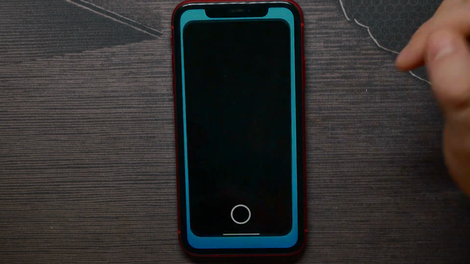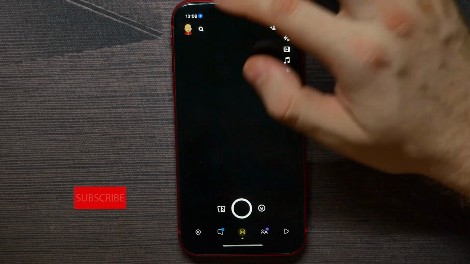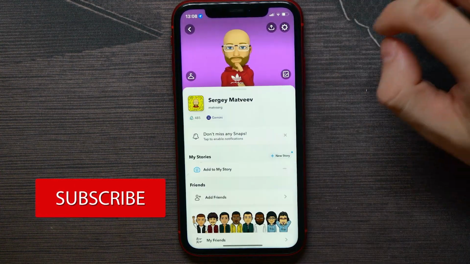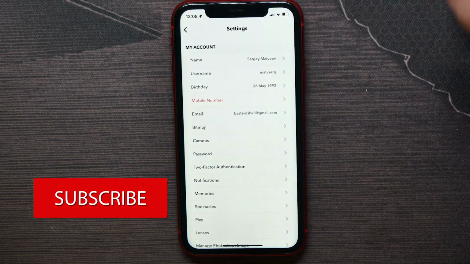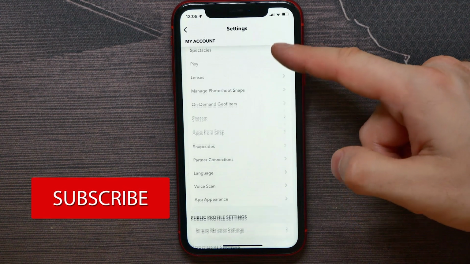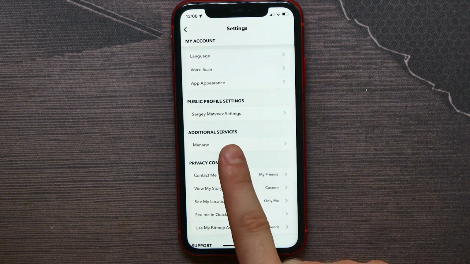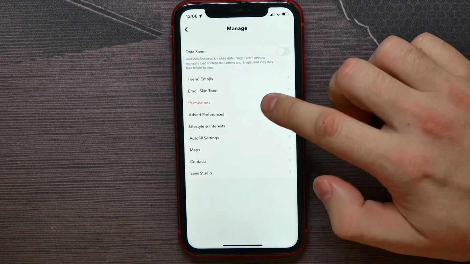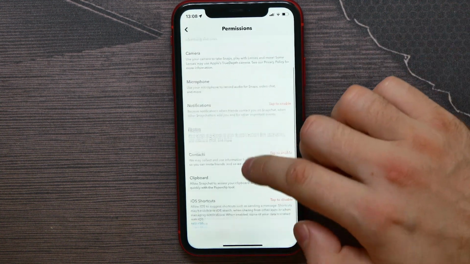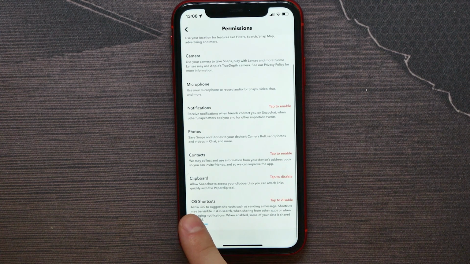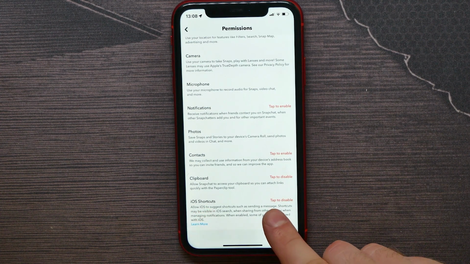First, open up your Snapchat, hit on your profile icon and hit on the gear. Now here, scroll down for a bit and hit on Manage in Additional Services. There, hit on Permissions and scroll to the very bottom until you find the iOS Shortcuts feature, and here you see